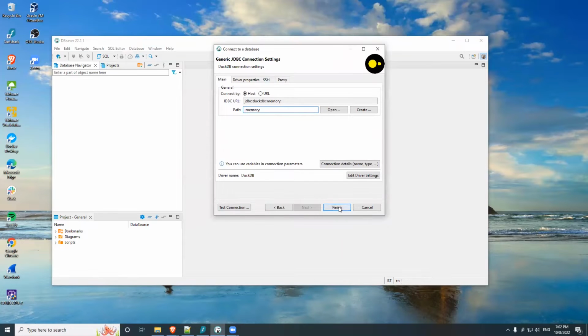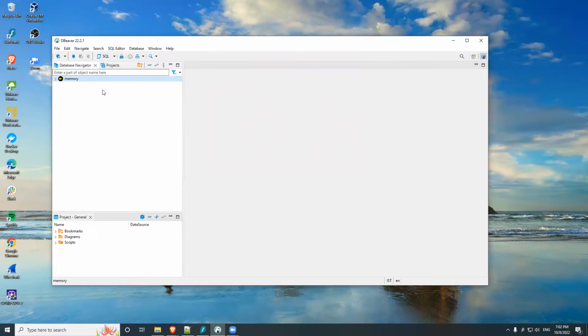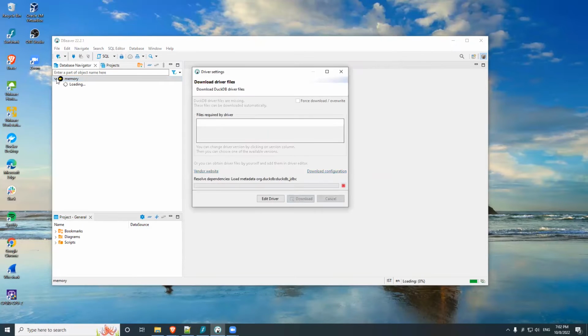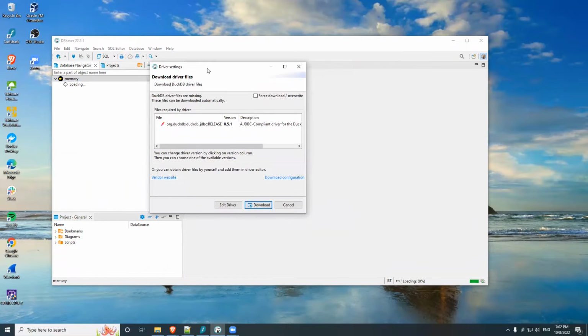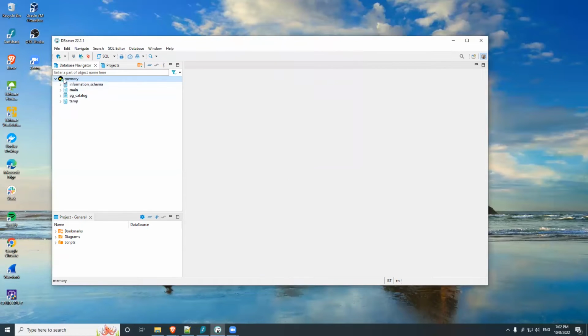Next, I can click on finish, and we should have a, yeah. So right now, since this is the first time I am opening DuckDB from DBeaver, I need to install the driver. So if I click on download, it should fetch the latest DuckDB driver and install it in DBeaver. All right, so once this is done,